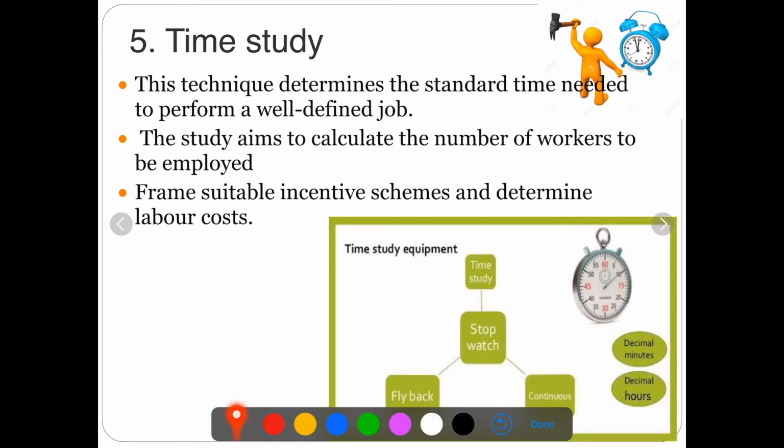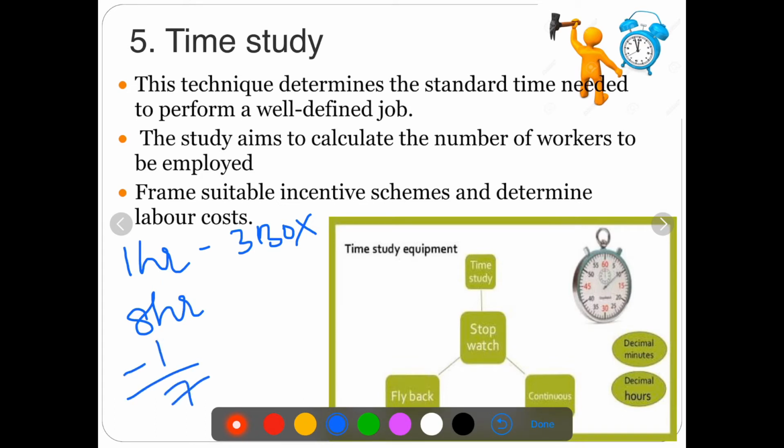So I will give you an example for this. Suppose a worker has to produce a carton box. For 1 hour he is able to produce 3 boxes. Now, as per the standard time, 8 hours he is supposed to work. In that, 1 hour will go for break, so he is left with 7 hours. So in 7 hours, if you multiply 7 into 3, he is supposed to produce 21 boxes in a